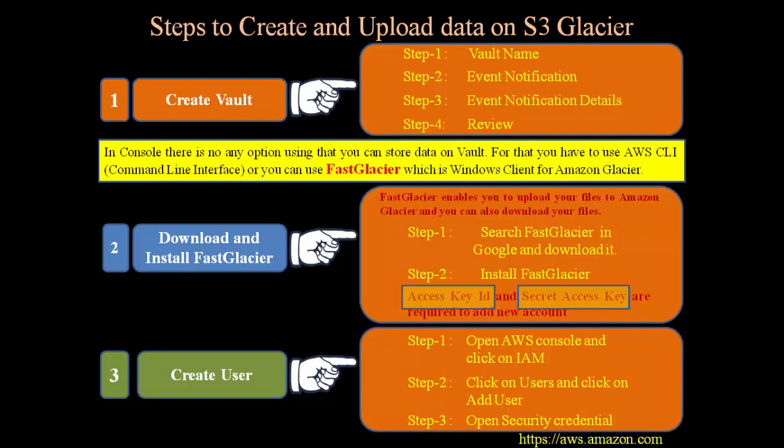Once you open it, at that time we have to add a new account. You have to fill in all the details. In that you have to fill in the access key ID and secret access key. And to get both values, you have to create a new user. For that we have to open IAM in our AWS console, and create a user. Inside this user, you open it and you get one option, that is open security credentials. Then you get the values, that is access key ID and secret access key. You just copy them and fill them inside our add new account form and create the account.